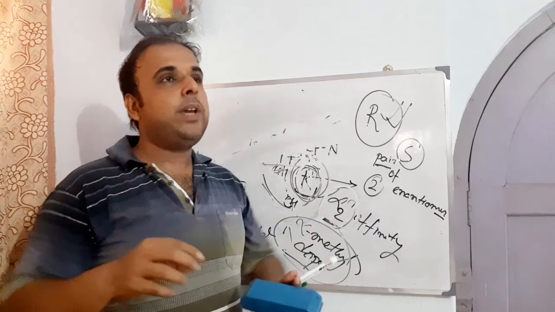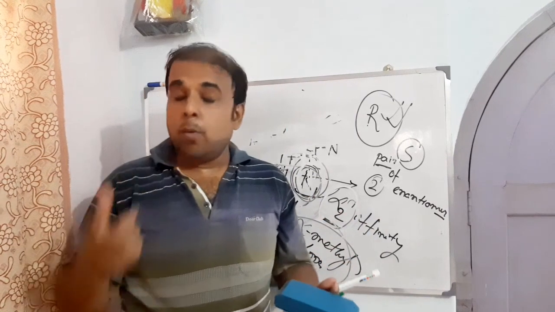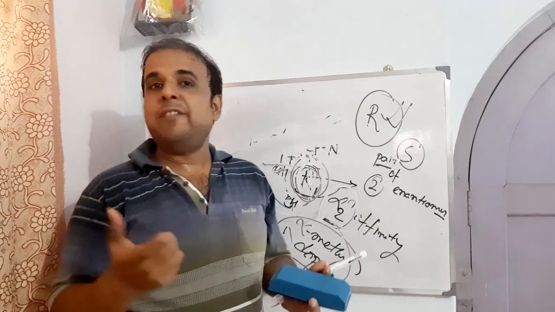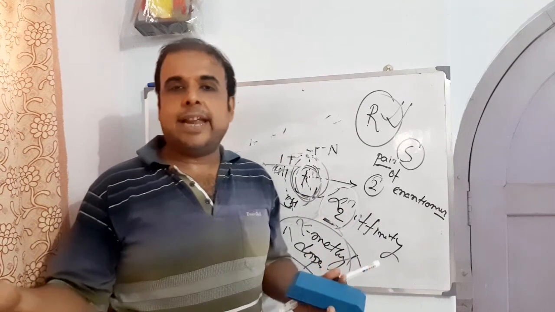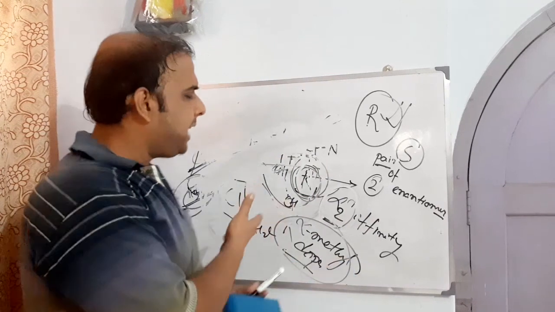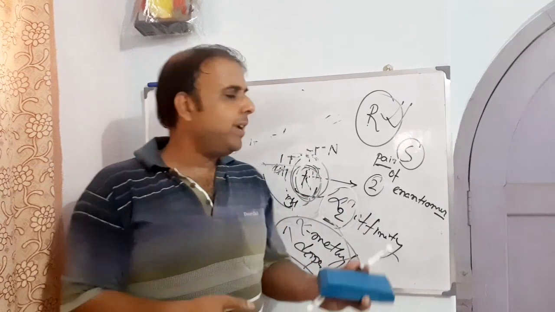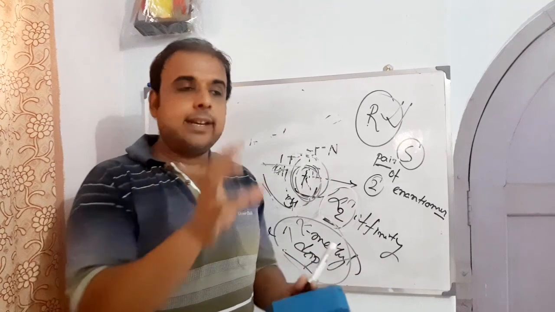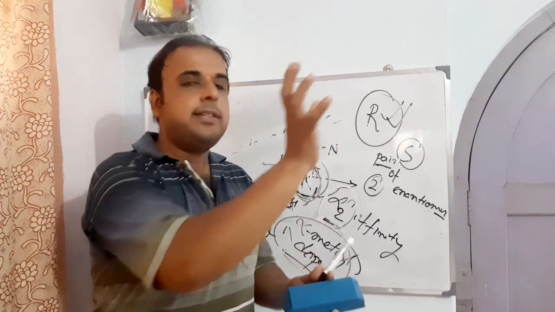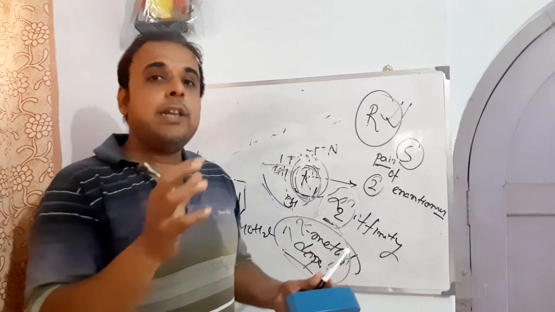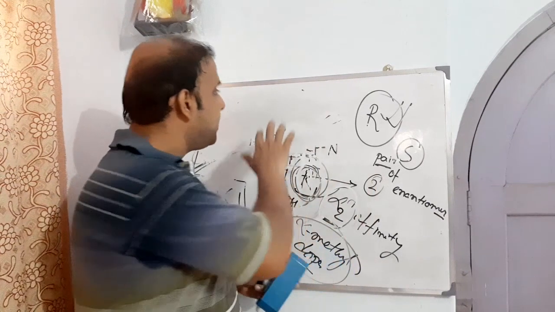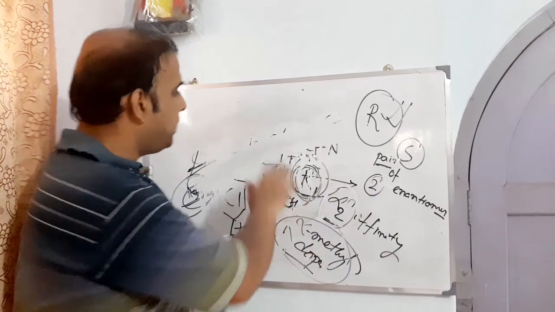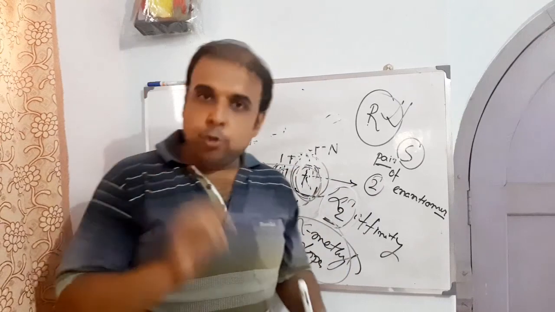The moment you go for branching of this alpha carbon, what will happen as a result? There is increased affinity towards the alpha 2 receptor, which can be used as an antihypertensive. The justification and the logic behind that I told you, right? And moreover, the moment you put an alkyl group here, you are developing resistance towards MAO, so metabolism will get slowed down. As a result, the duration of action of that particular drug will get enhanced, right? So with that we are done with site 2 modification, right?